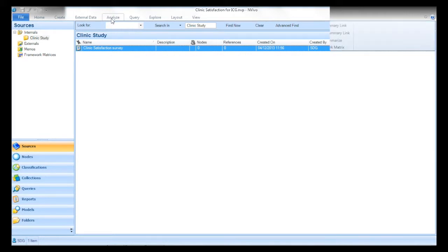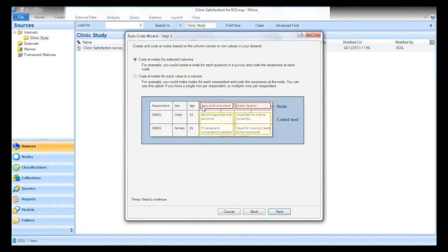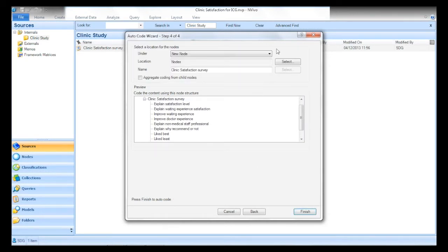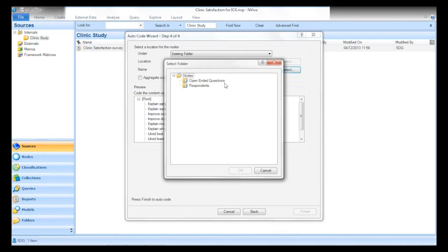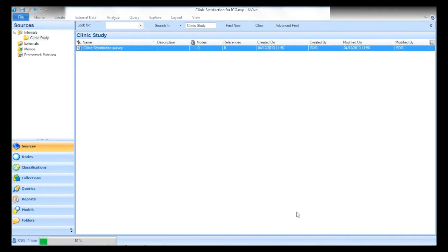And to automatically code for the open-ended questions, I'll just click the Autocode button there. And you can see here that it recognizes the columns. It knows which columns have the open-ended questions in them. And then it lists the open-ended questions here. So again, if there are any you don't want to bring in, you just remove them from the list. And then you just have to tell NVivo where you want to put those answers to the open-ended questions. So I had already created that folder I just showed you for the open-ended questions. Click OK, finish,